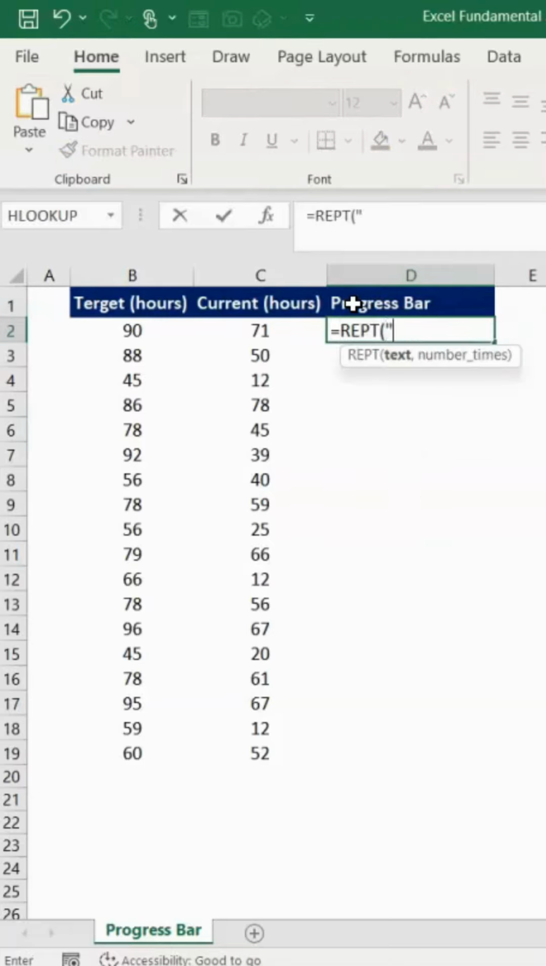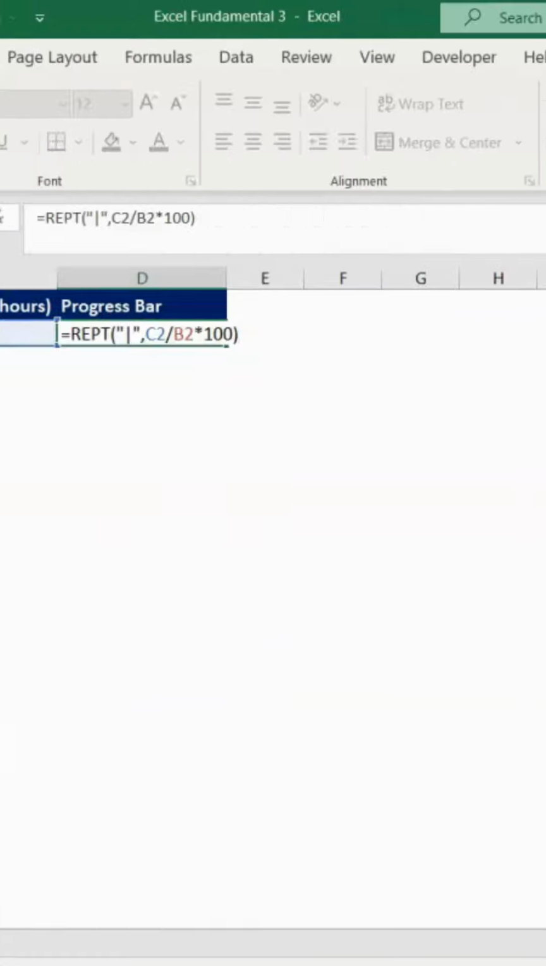Now put your double quotation, add a vertical line for our bar, close the quotation, put your comma. Now divide the current hour by the targeted hour and then multiply it by 100. Now close your parentheses. Now to format in percentage without a decimal, add your text function,